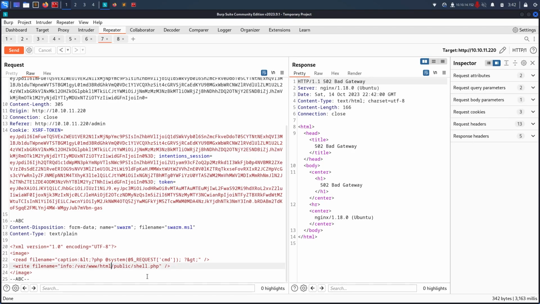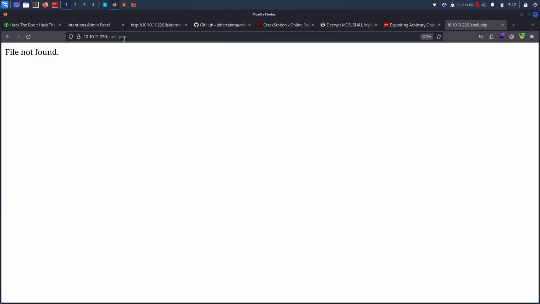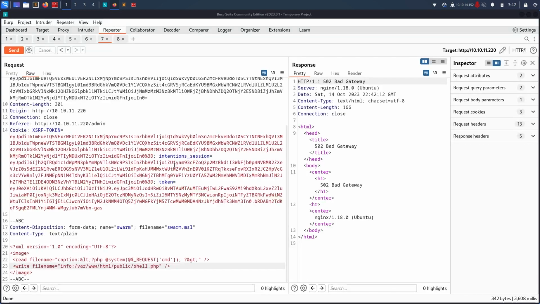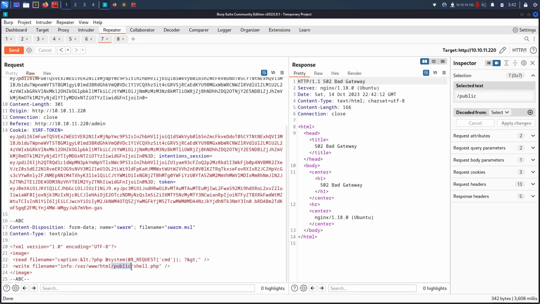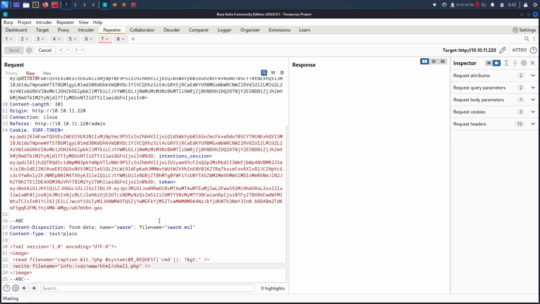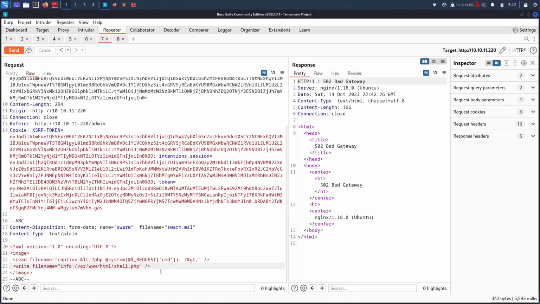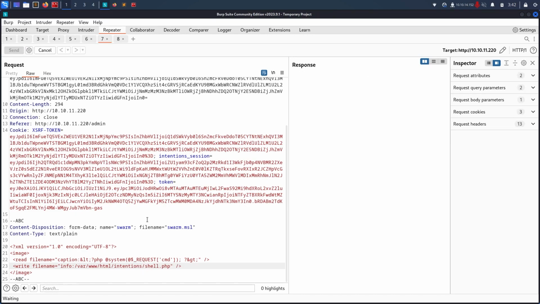If I do this thing, slash enter, refresh, file not found. And if I remove this thing, /send, refresh, file not found. So intentions slash shell.php,